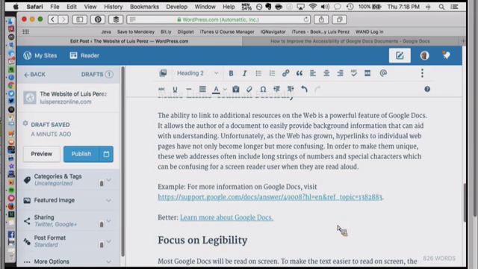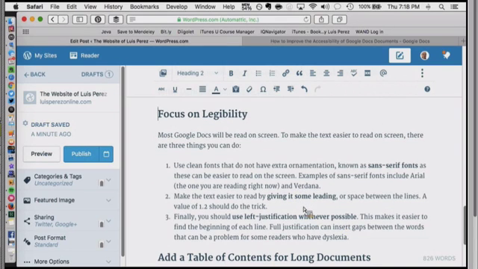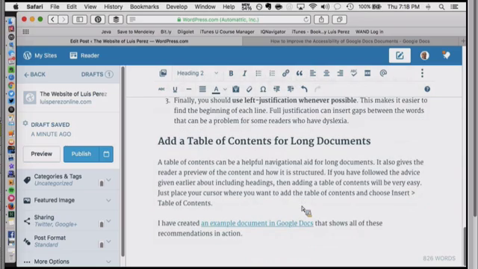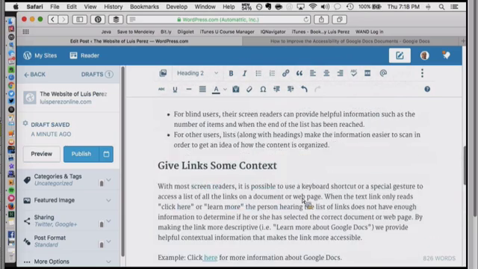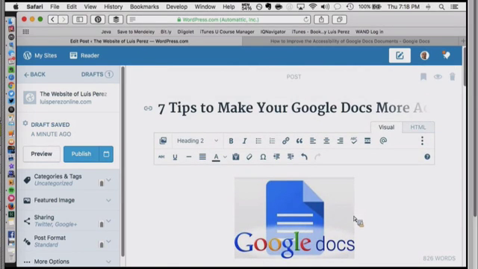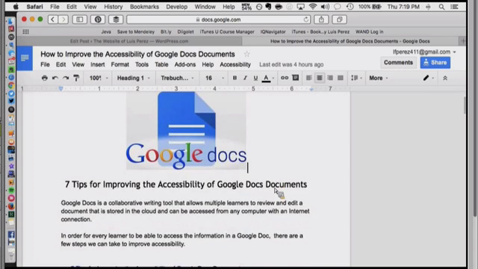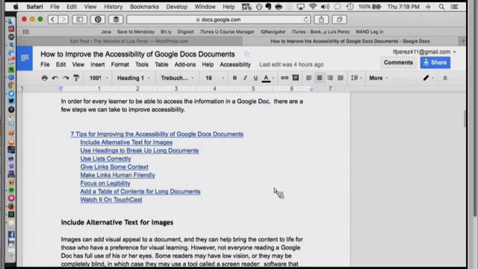Now, I have some additional tips, for instance, about legibility and what you can do to make the text more legible. And then also how to create a table of contents. Here I'm showing you how to do it in WordPress. But it turns out that whether you're creating this on the web or you're using an authoring tool like Microsoft Word or Pages or Google Docs, those same concepts still apply. So what I did is I went to Google Docs and I created an exemplar document for you. And as you go through, you will see each of these items illustrated for you.